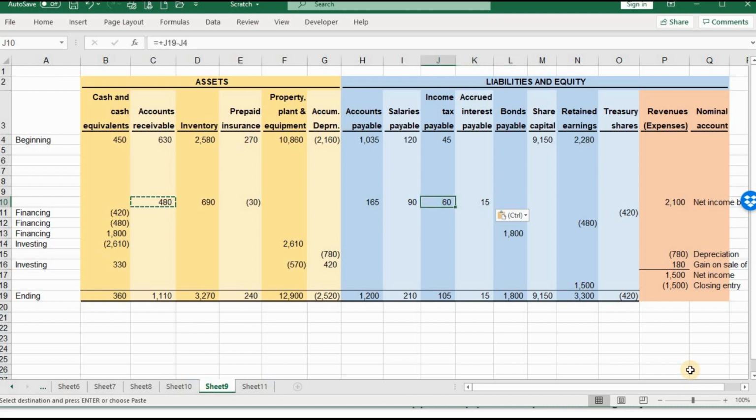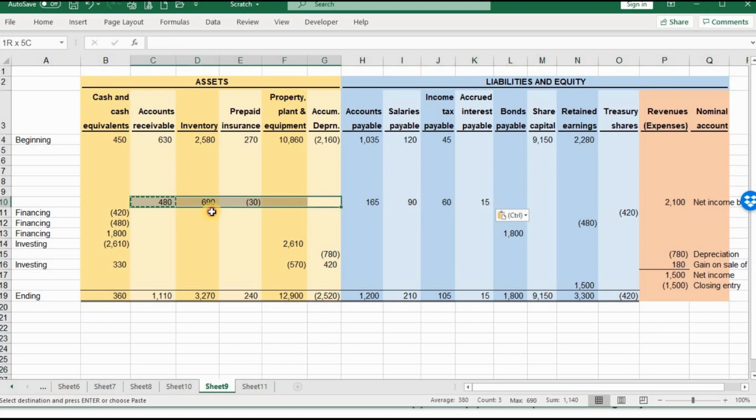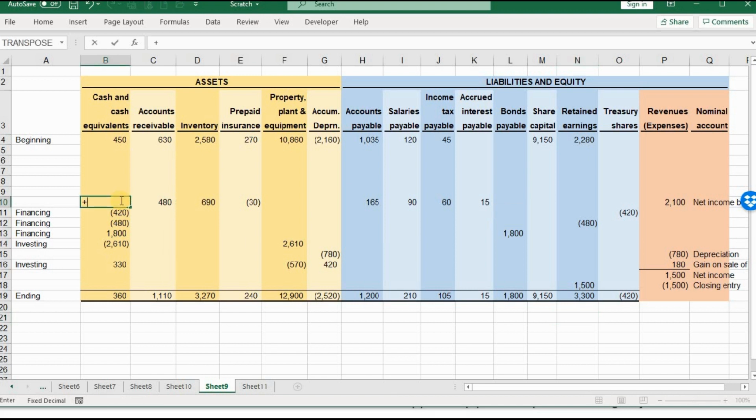After this, let's check the equality of the accounting equation. So the total of this particular row on the right side is 165 plus 90 plus 60 plus 15 plus 2,100, which is 2,430. On the left side, we have a total of 1,140. So this is not balanced yet. This means that there must be an additional amount on the left side, which is in the cash and cash equivalent column. So the amount that would be included in the cash and cash equivalent column should be the total of the right side